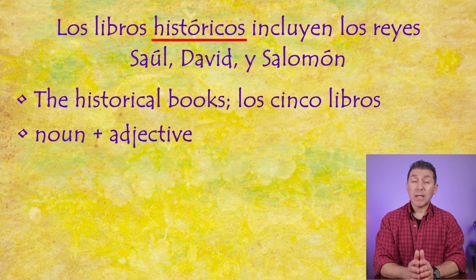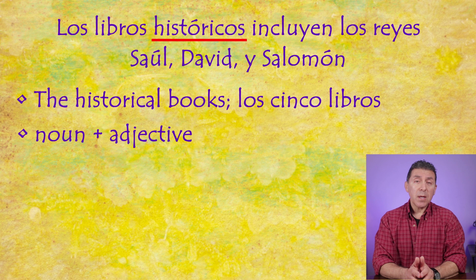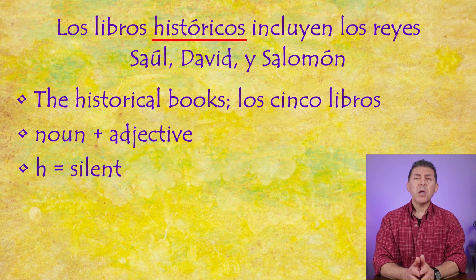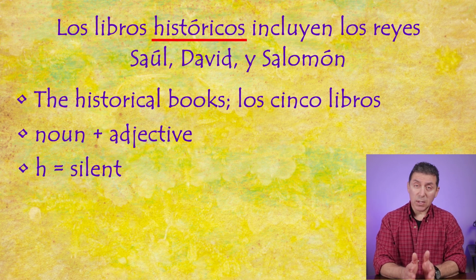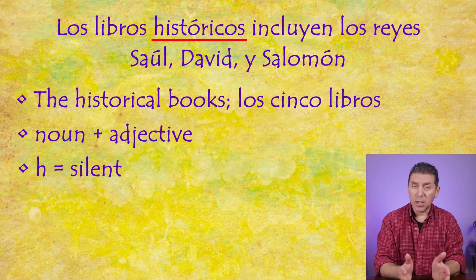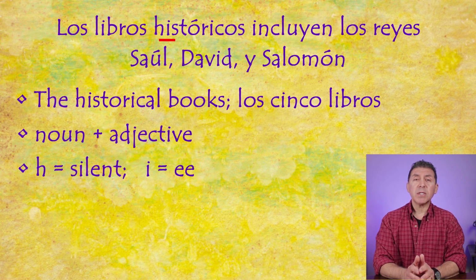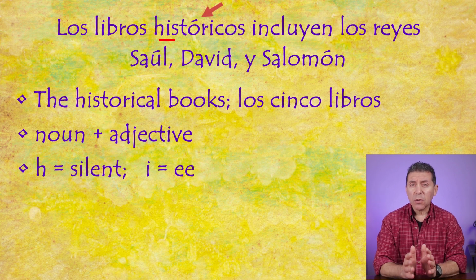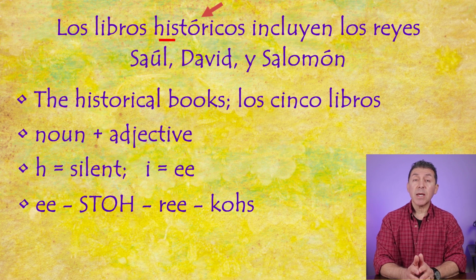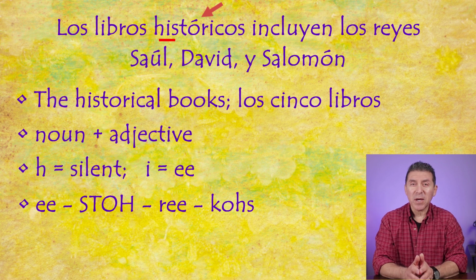Let me focus on the word históricos just a little bit. In Spanish, the letter H is silent, so you begin the pronunciation of the word with the second letter, which in this case is the letter I. Remember, the Spanish I has an English double E sound. Also, note that there's an accent over the letter O, so that is where the emphasis is located. The correct pronunciation then is históricos, históricos. Now, let's say it a little bit faster. Históricos. Hey, very good, muy bien.